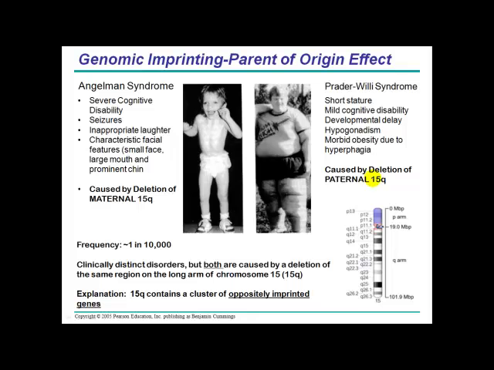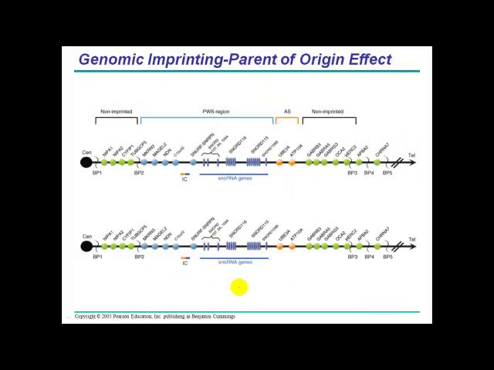If the deletion is inherited from the paternal chromosome, in other words, we have a normal maternal chromosome but a deleted paternal chromosome, we end up with Prader-Willi being exhibited. And the reason that we have these two very different clinical presentations of genetic syndromes, depending on who the parent was that passed on the deletion, is because this chromosome 15 has a cluster of oppositely imprinted genes. There are about 20 genes on this chromosome 15, maybe a little bit more, that have an opposite imprinting pattern, with some of the genes being expressed from the paternal chromosome and other genes being expressed only from the maternal